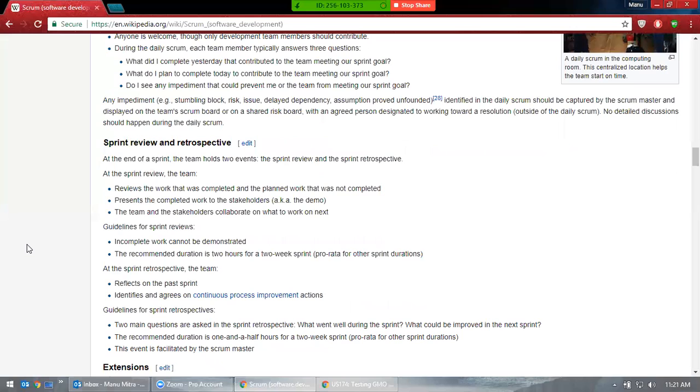What went good means something was very good and you really liked what we had before in the sprint. The second one is what didn't go good, for example we don't have user stories, we don't have documents, we don't have these features, we don't have resources. Those are not good, right? So how can we improve? If that doesn't go well, how can we improve? All this is discussed in the sprint review and retrospective meetings.